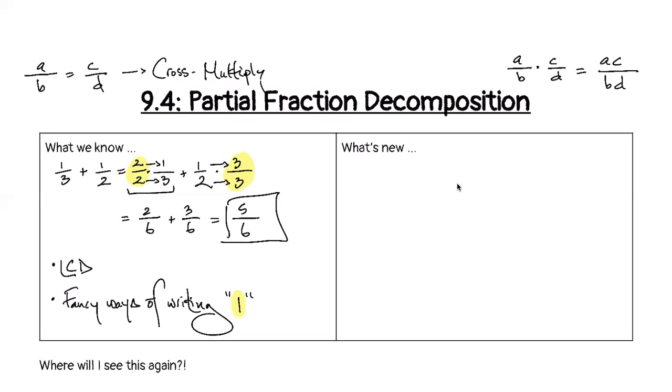All right, so we've talked about the lowest common denominator. We've talked about fancy ways of writing 1. We talked about cross multiplying versus multiplying across, okay? And now what's new is we're gonna take these skills that we know how to do with numbers and we're gonna throw some variables in there, okay? So what's new? We are gonna be